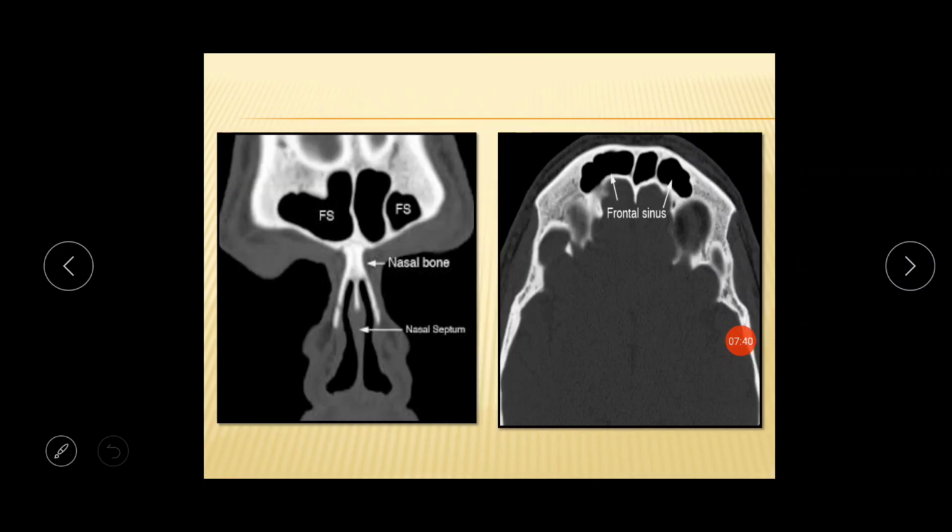Here you can see that the frontal sinus is situated between the outer table and inner table of the frontal bone. They are the most superior and most anterior sinuses in the nasal cavity. Here you can see the most anterior coronal cut of the nasal bone, also showing the fully developed frontal sinuses on right and left side. Here you can see that the left frontal sinus is divided into two parts by a thin intervening bony septum, whereas the right frontal sinus is large.